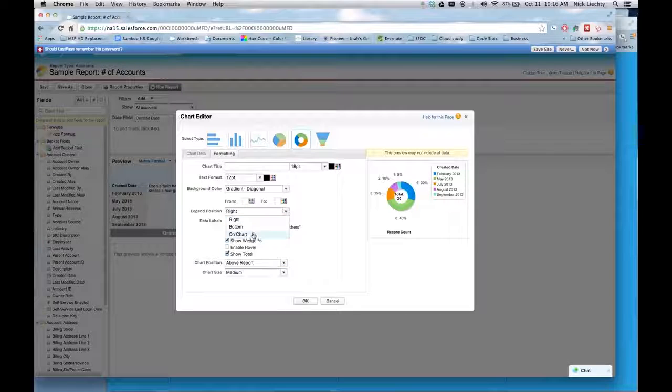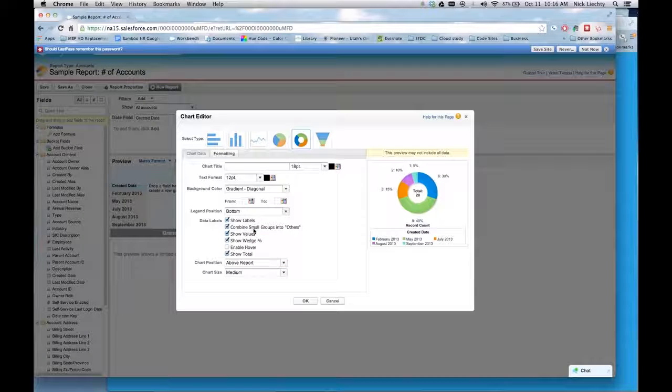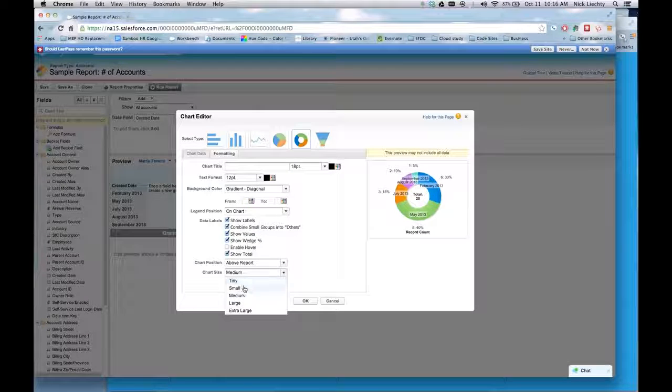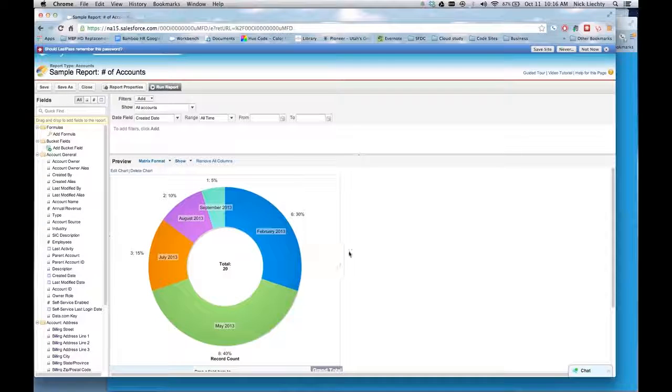Actually, the position, we're going to do it on the bottom, and so that allows for a little more screen space, or if you wanted to, you could even put that on the chart. And we make that chart size, let's make it a large size. We can't see it here, but we will be able to see it there. Now pay attention to one thing here. Notice